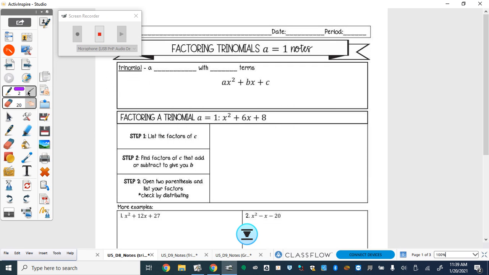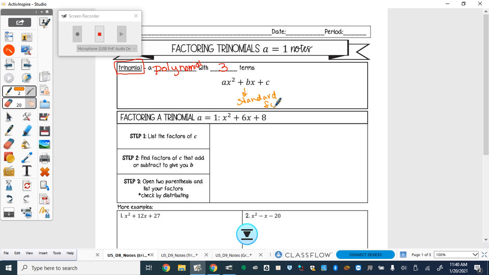Continuing on with our factoring, moving on to factoring trinomials where your a value is a 1. So, reminder, a polynomial with 3 terms is what we refer to as a trinomial. So ax squared plus bx plus c, this is our standard